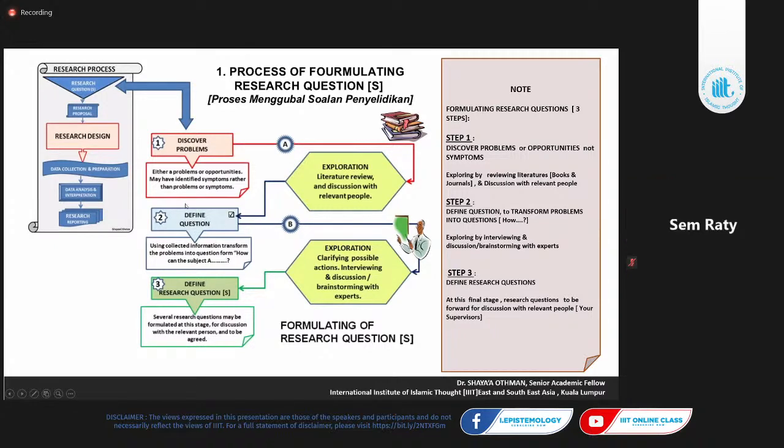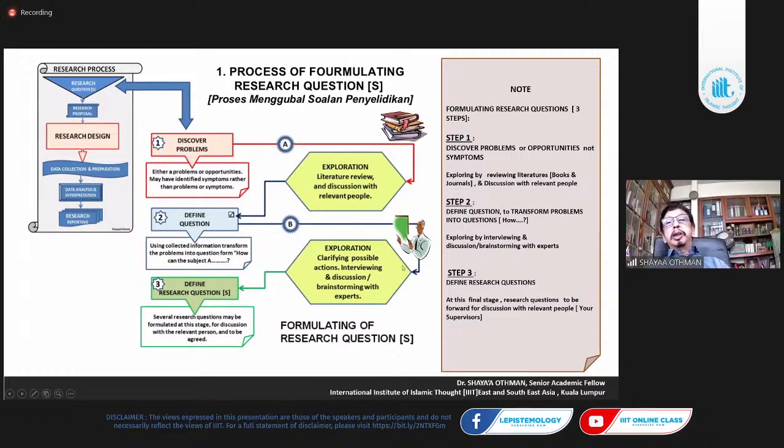So after you identify your research question, define your question, then you explore and try to find possible actions. You could do small interviews, discussions, brainstorming with experts and so on to be more precise. And don't keep it to yourself. Discuss with other people. Say that I have to do the research, and this is my question, how to solve the problem. What do you think? Get the opinion from others, from experts. If you're in industry, get the opinion from industry. If you look into knowledge, get the expert opinion from professors and so on. And then you come out with your defined research question.